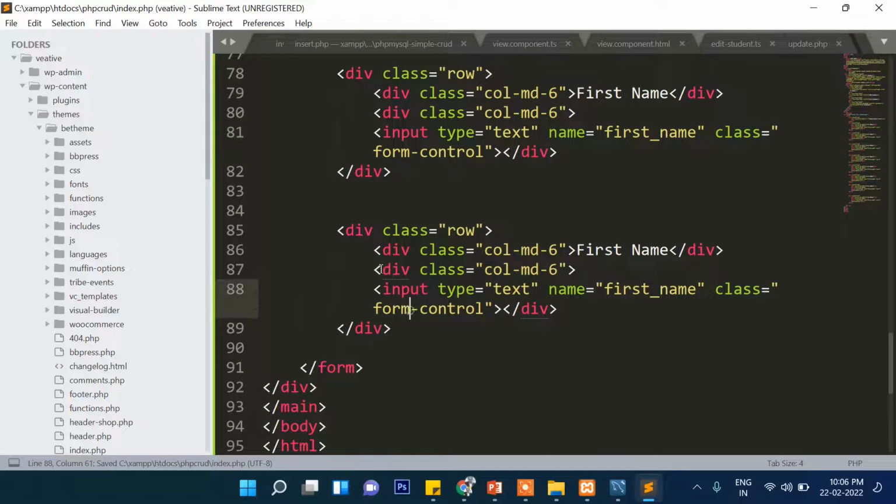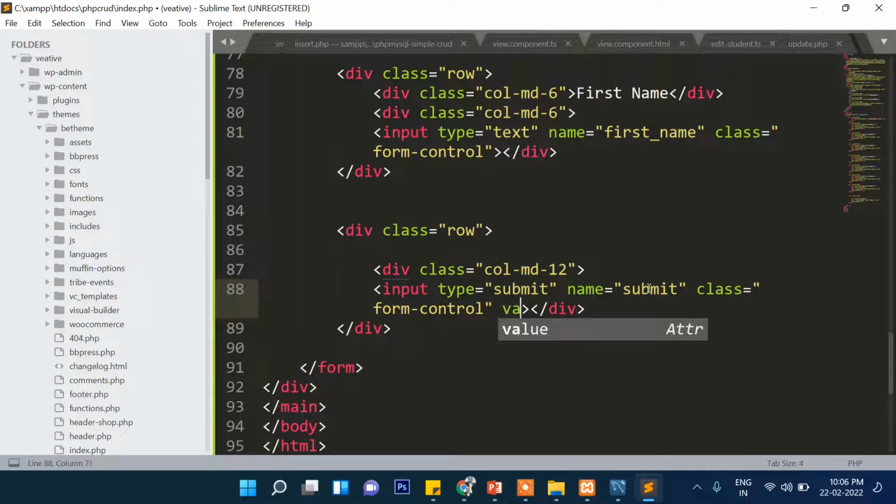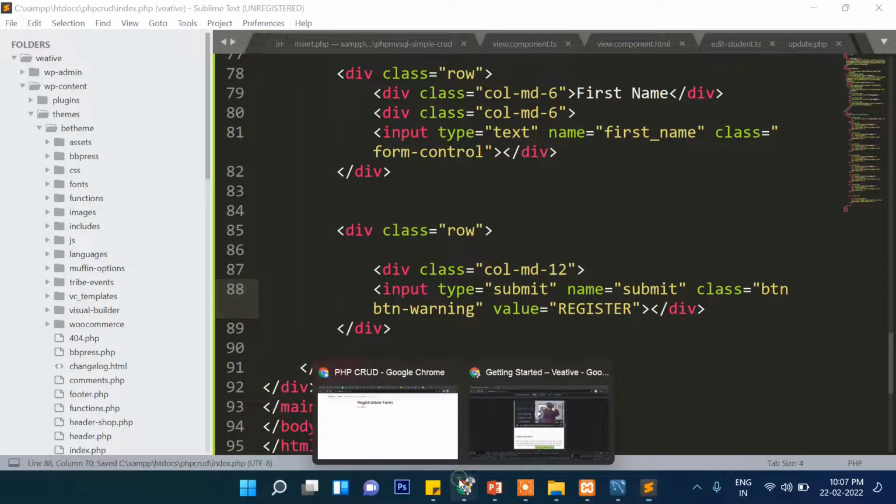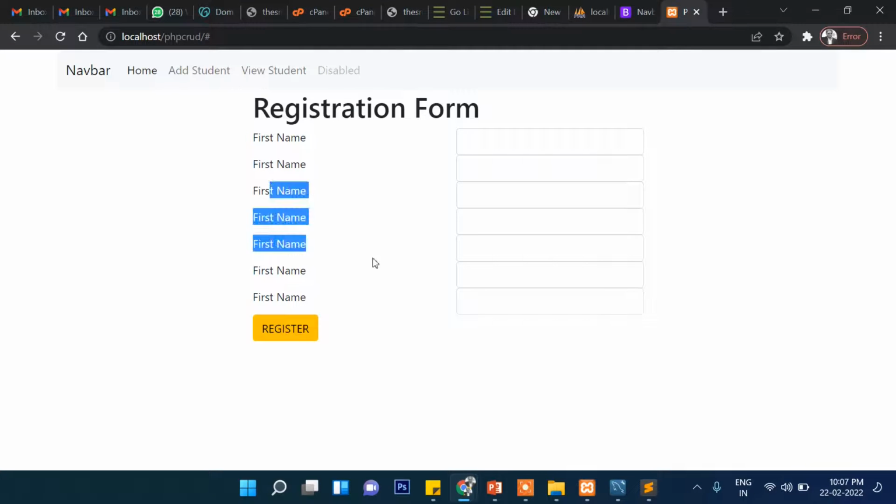For the submit button we don't need 6 columns, we can put 12 rather, and here we use input type submit, name submit, value register. And the class, of course, will not be form-control, but btn btn-warning. Okay, so let's see how it looks. Okay, it will look like this,